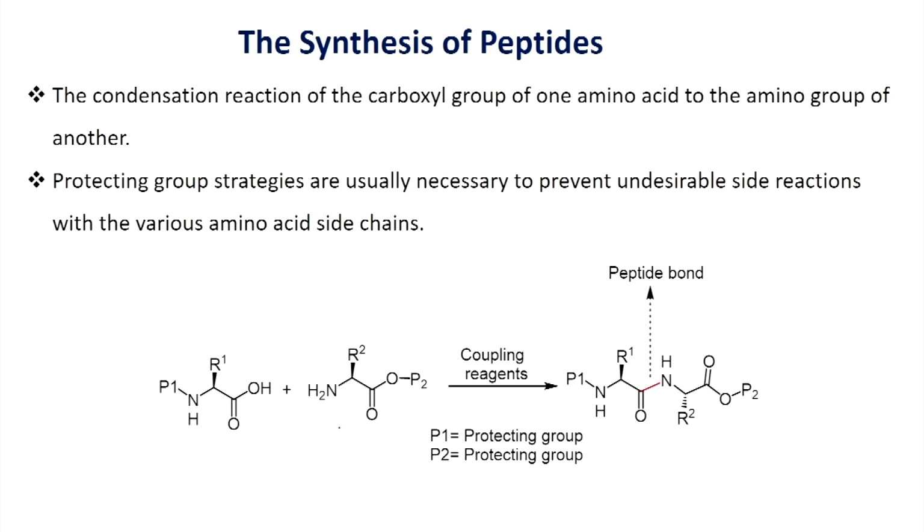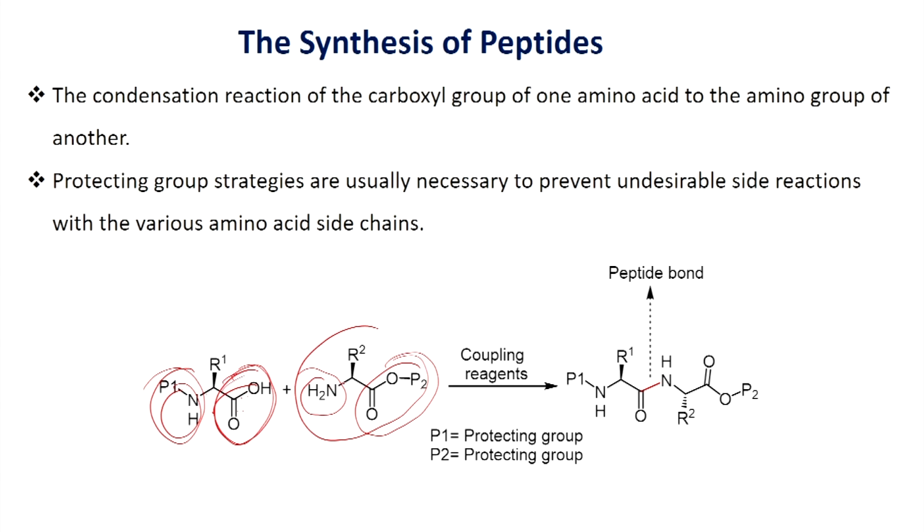Here the synthesis of peptides is shown. This is the condensation of amino acids. If you look at an amino acid, you have two functional groups. One is the amino group, another one is the carboxylic acid group, and you have to protect one of the functional groups. For example, in this case, if you want to react the carboxylic acid, you have to protect the amino group, so that selectively you can react the acid group. And similarly, in the other amino acid, you have to protect the carboxylic acid. So now you have the amino group and free carboxylic acid from these amino acids.